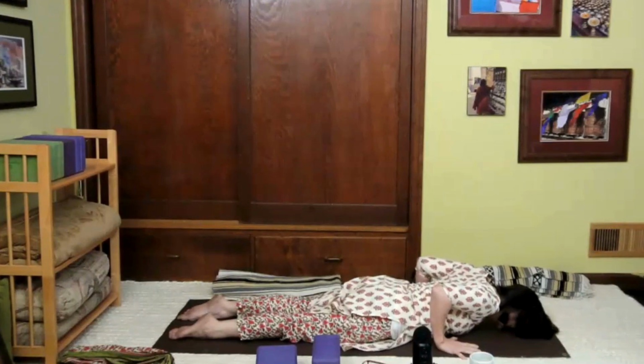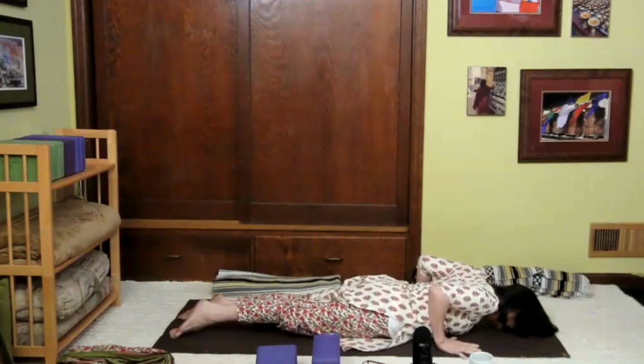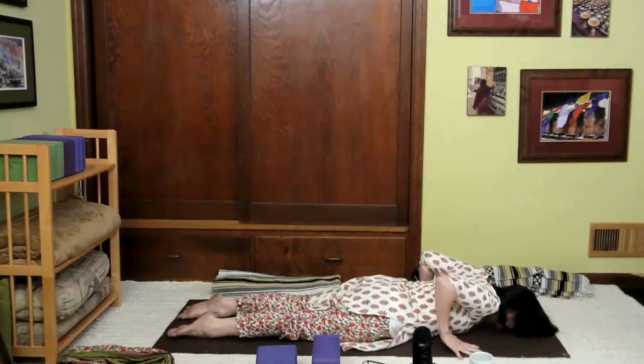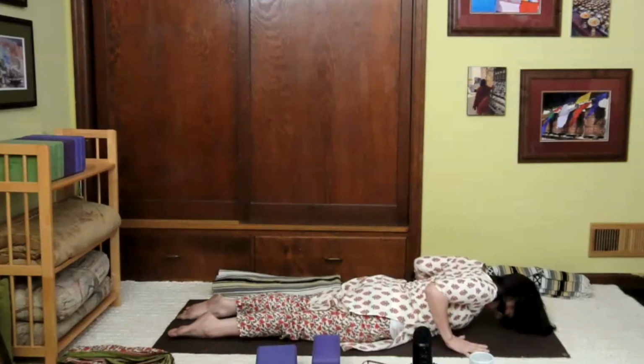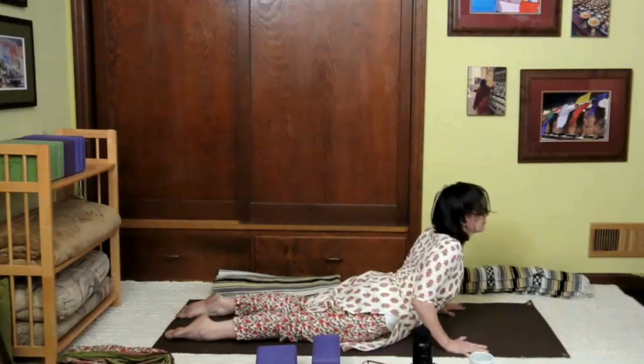Enjoy a deep breath in. You'll notice the back waist expands here. Let's root down with the tops of the feet. Press down with your shins and your knees and your thighs. Root the tailbone down towards the floor. Tone the lower belly. And then inhale and roll up to cobra pose, opening the heart, throat, and bring your